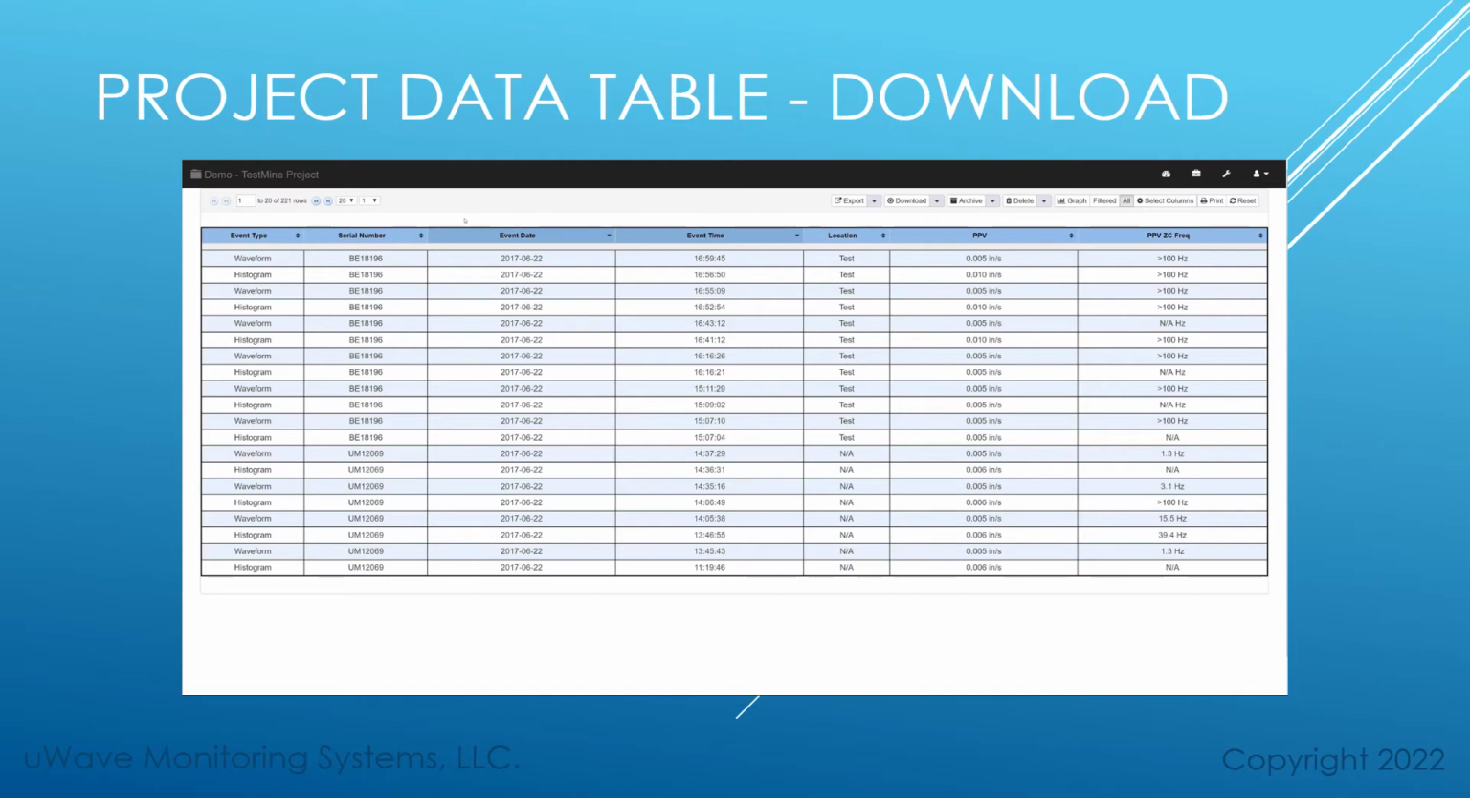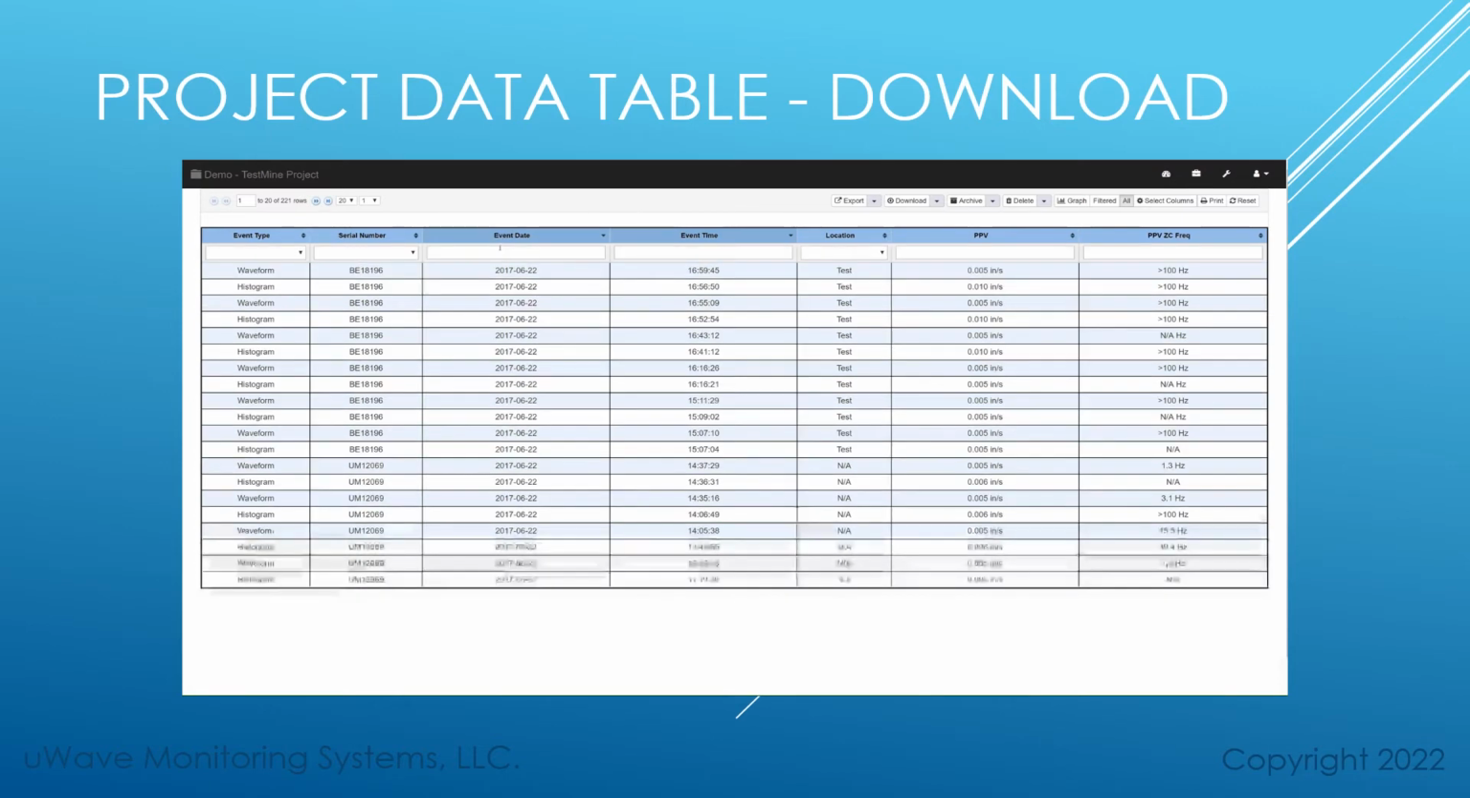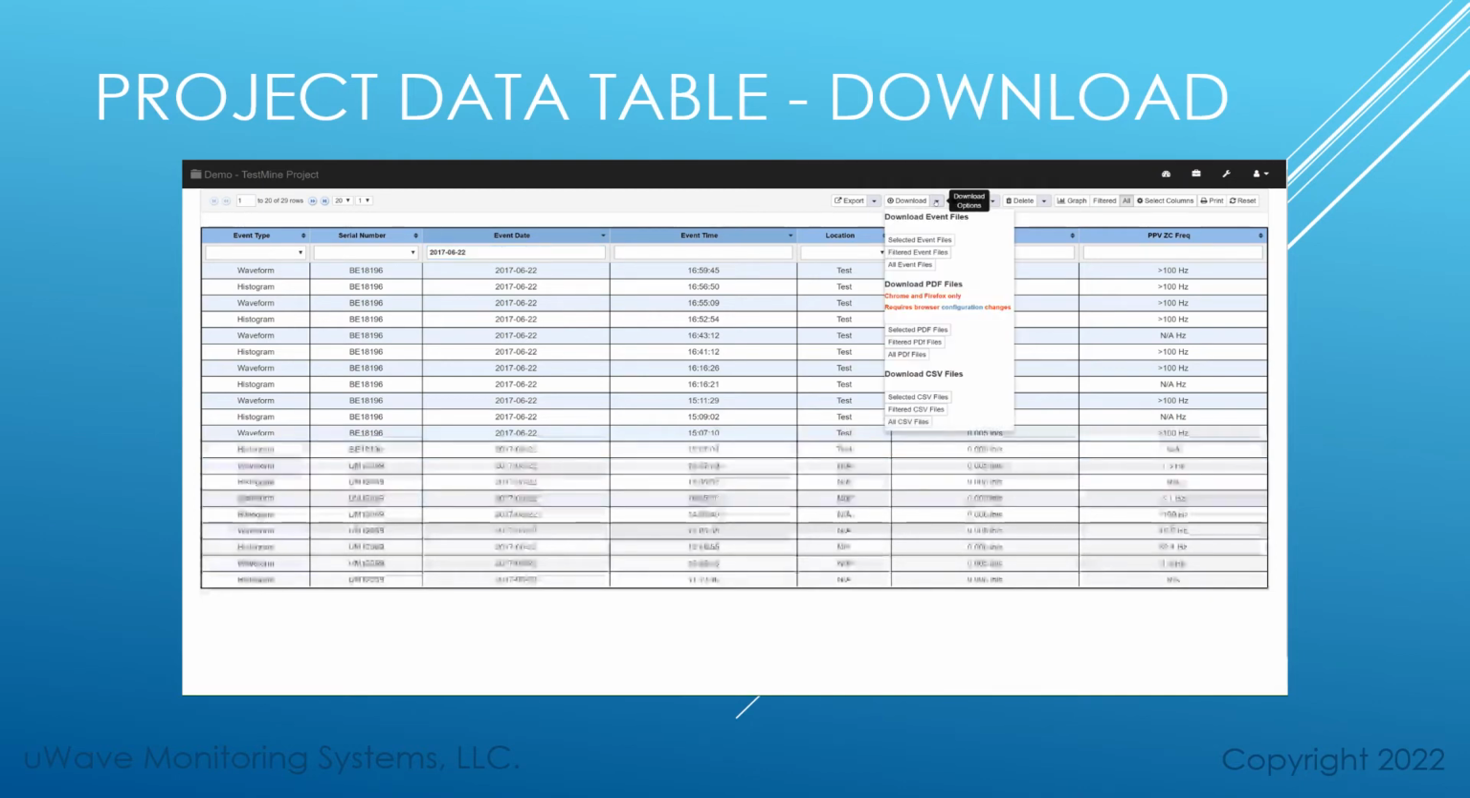So the first thing we're going to do is filter the data table for current events, and that's for 2017, June 22nd. So that's 29 events. That's not so bad. So if you click on the download options button, not the download, but the download options button next to the download,